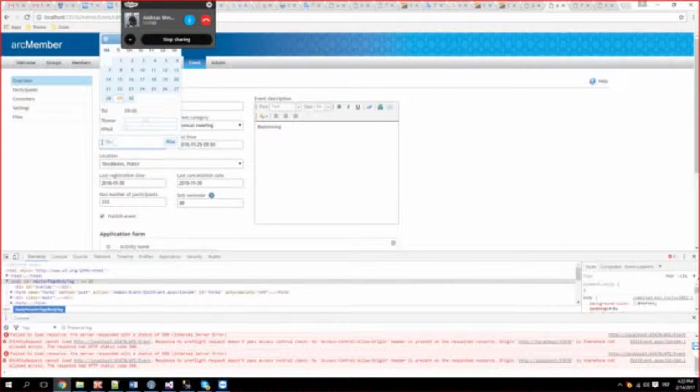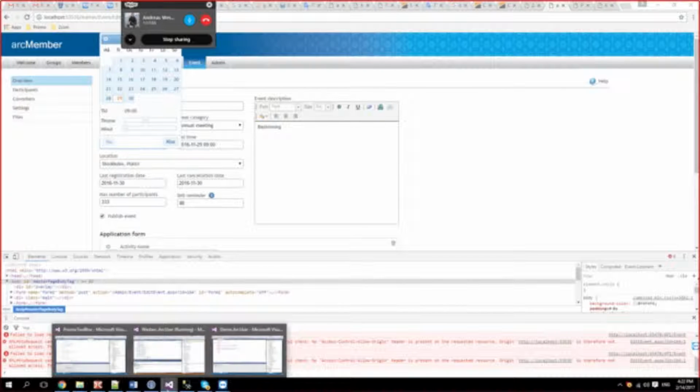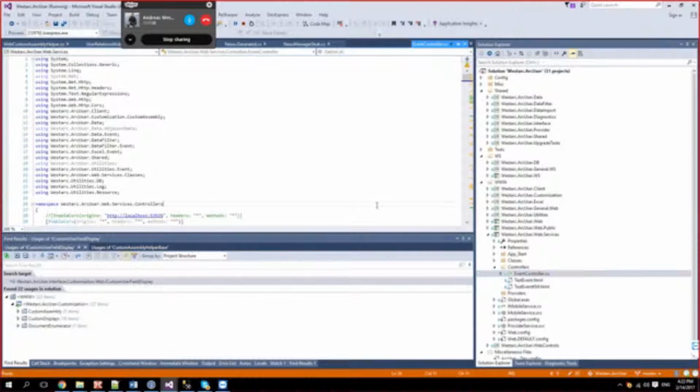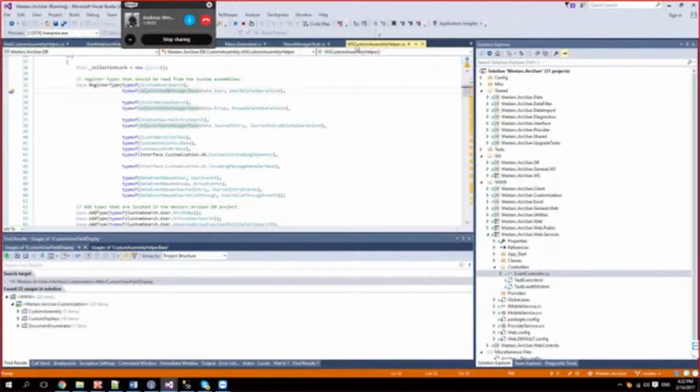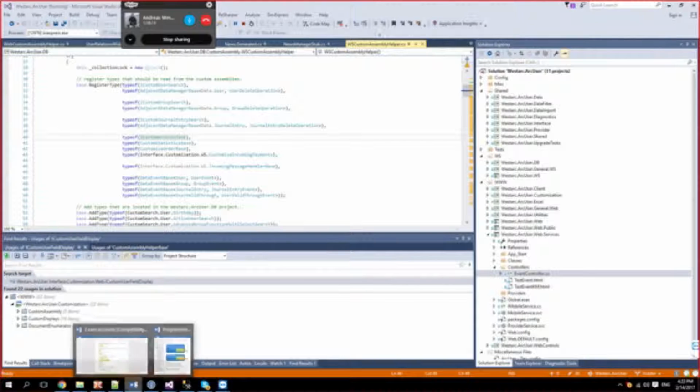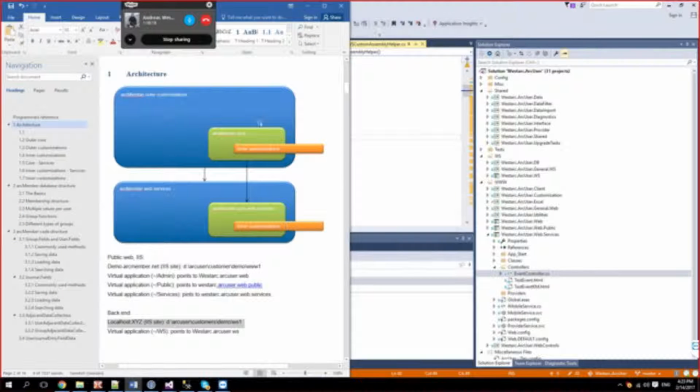What we need to have is the start time of the event in the SMS reminder. Let's see, I go back to this WS custom assembly helper. We've got something called a custom arc cron task. Actually, this picture isn't entirely complete because there are two different services besides this one, and one of them is called the arc cron service.